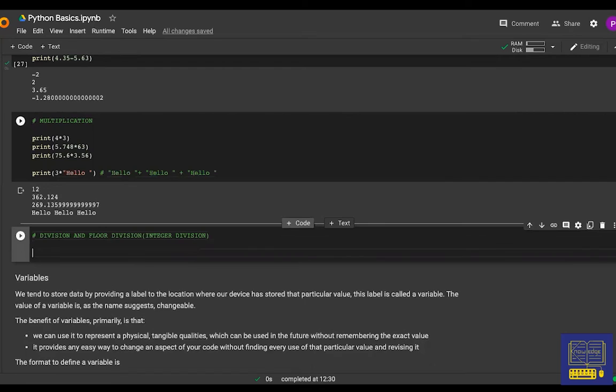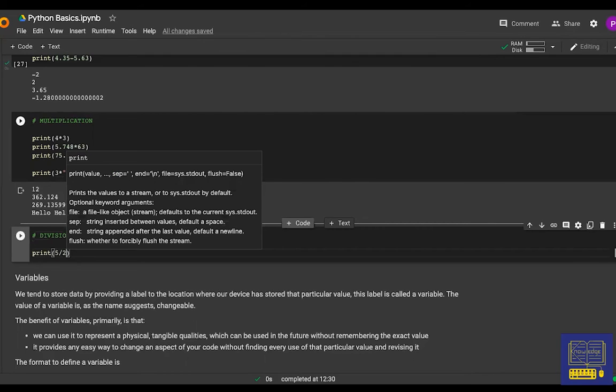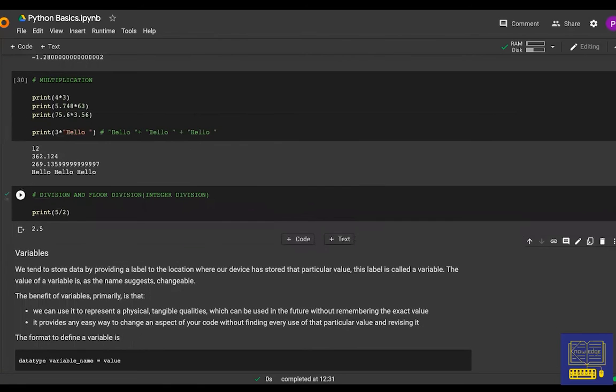Now, for the first one, it's kind of the regular division that we do. So take any two numbers that you like. I'll take 5 and 2 because it's an easier example. So let me say 5 divided by 2. So for the first division, we use one single oblique mark, or a slash if you would like to call it that. So 5 by 2, this is the simple division. Now, if anyone is asked to divide 5 by 2, we would say 2.5, right? So that is basically the result you'll get from this.